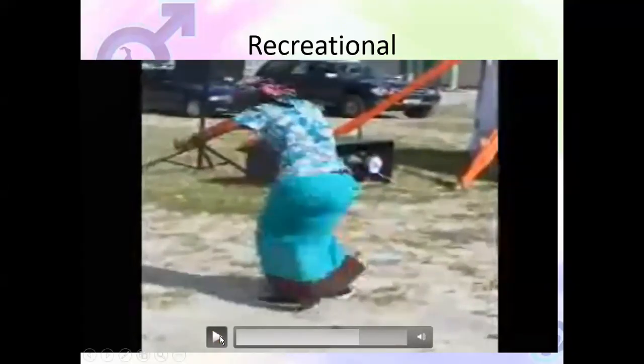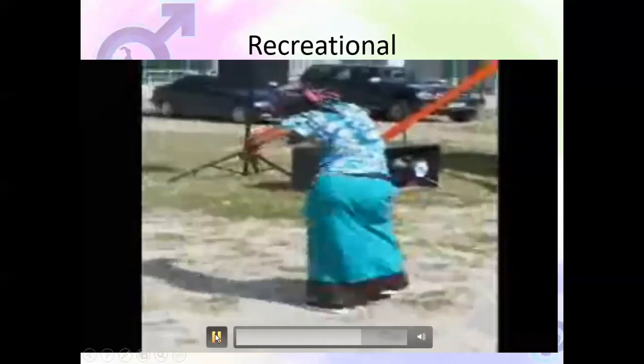suppose this woman has got fibroids, a fibroid of about 2 kilograms in size. What would